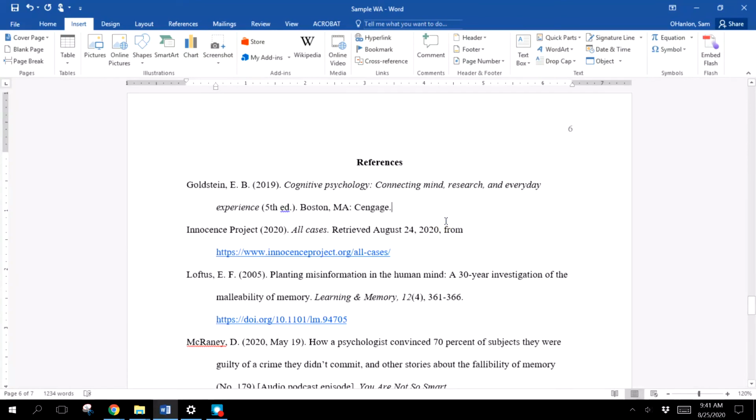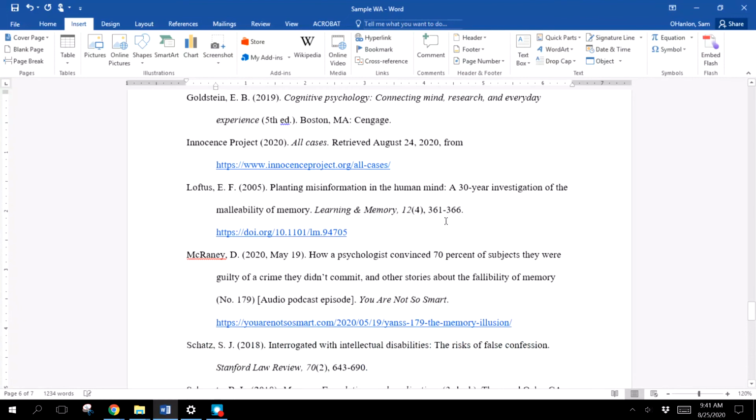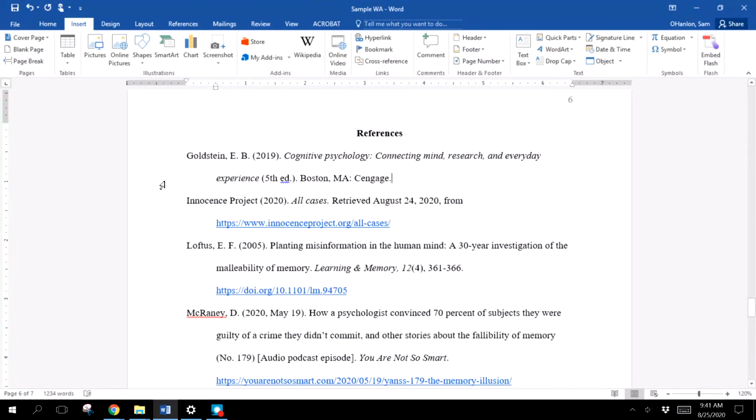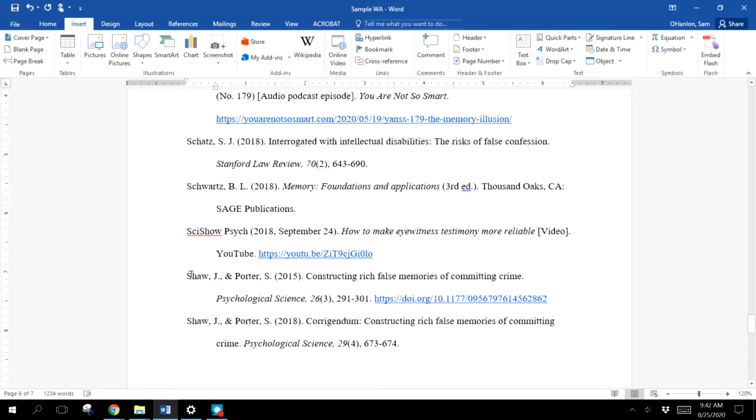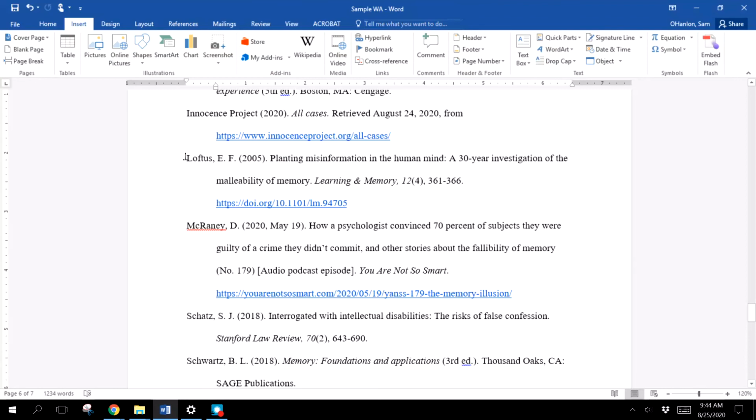Okay, so the references list is ordered alphabetically by author, so you don't ever change the order of authors within a source. For journal articles, which are going to be the majority of your sources, this is the same format you've been doing forever, right? You have last name, comma, initials, and then you're going to repeat that for however many authors there are, and then there's an and before the terminal author, year in parentheses, title of the article in sentence case,